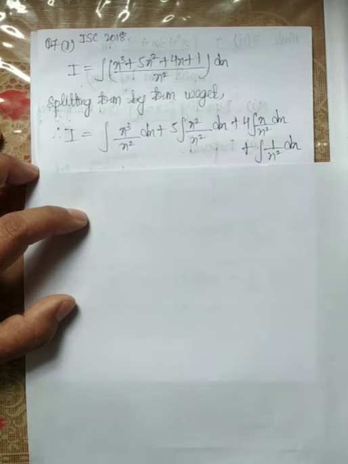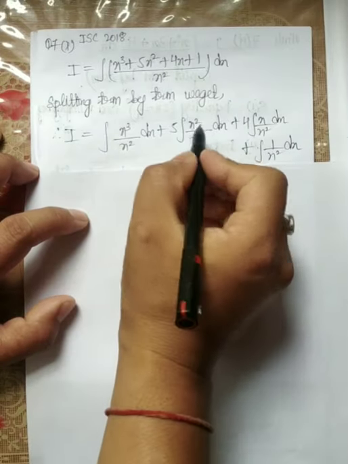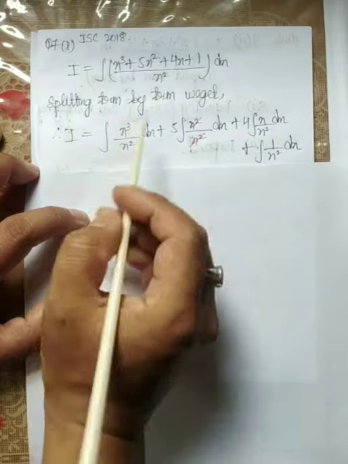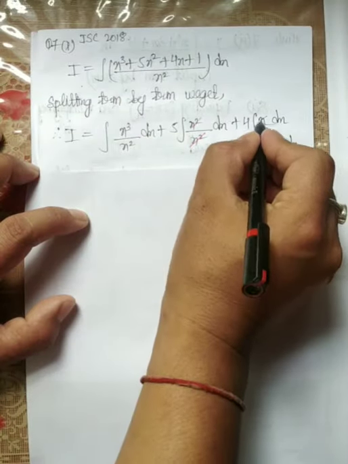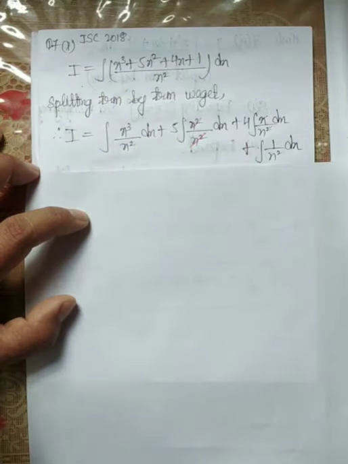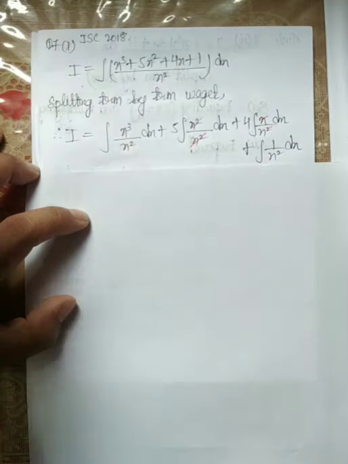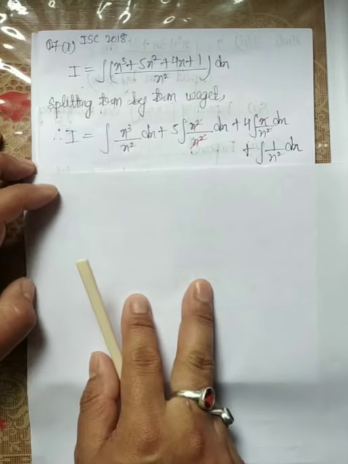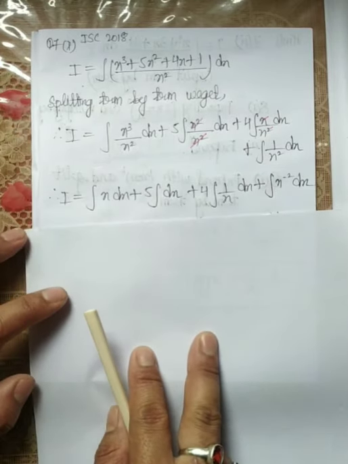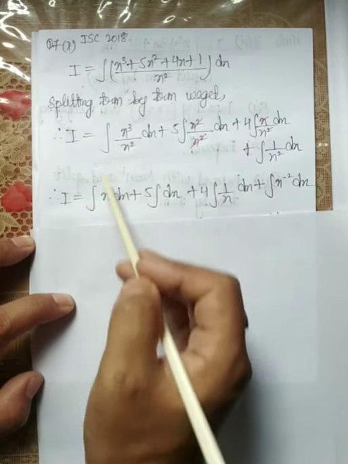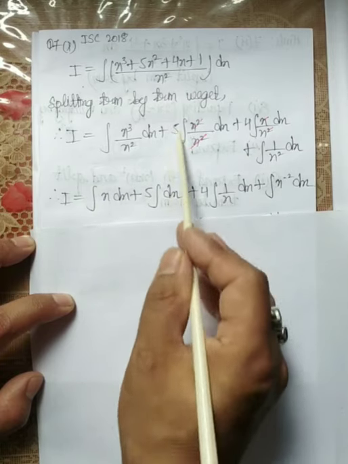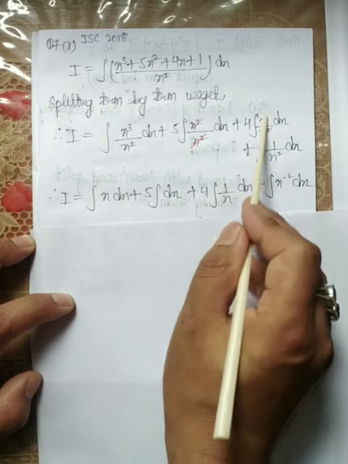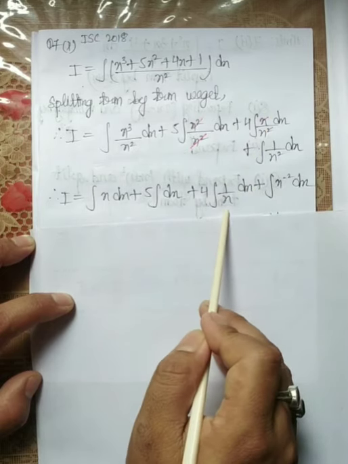So here you can clearly see that x square and x square get cancelled out, and here also x and x square get cancelled out, and here also I can cancel this and this, so it will be x. I'm showing this in the next step. Okay, that is this. So it gets cancelled out. Integration x dx plus 5 is a constant, integration dx plus 4 integration, it is 1 by x after cancellation, into dx,